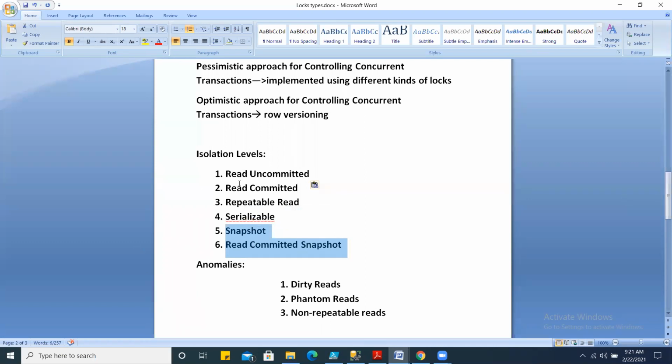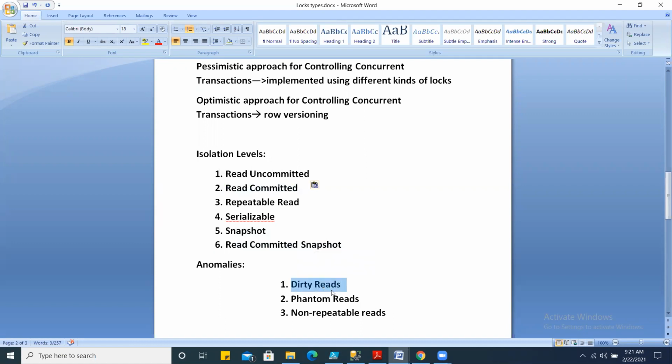These are the different isolation levels you have. The isolation level defines the degree of execution of transactions, how much they will execute in an isolated fashion. I also discussed that when you run a transaction under read committed, it will eliminate the dirty reads problem, or database anomaly.